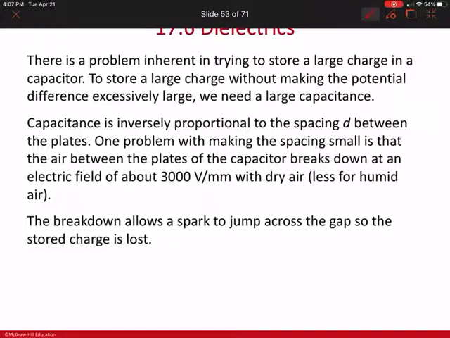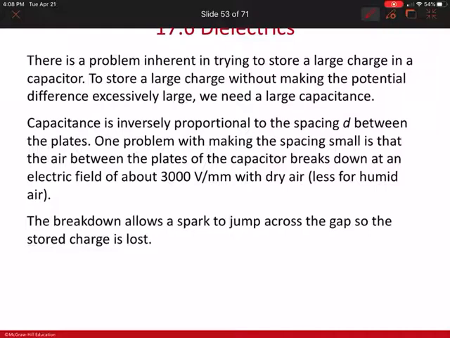Okay, so we are on to dielectrics. There is an issue with capacitors sometimes, because sometimes you want to store a pretty big charge, but to store a large charge without making that voltage super big, you would have to have a really large capacitance. Well, that is inversely proportional to the spacing. And if you have a small space, that can cause issues too,